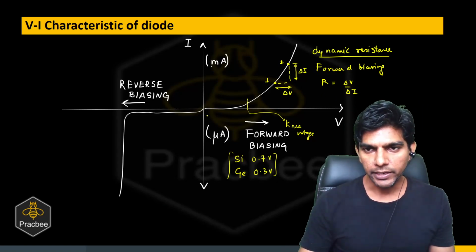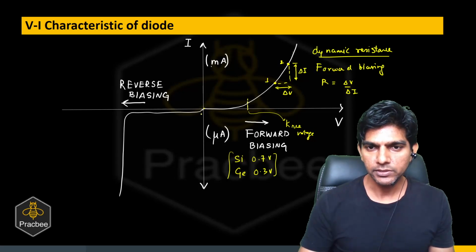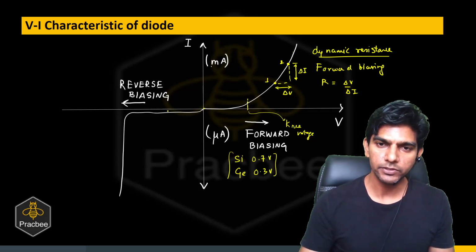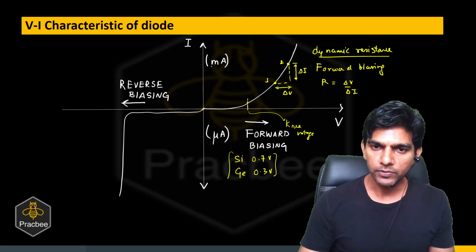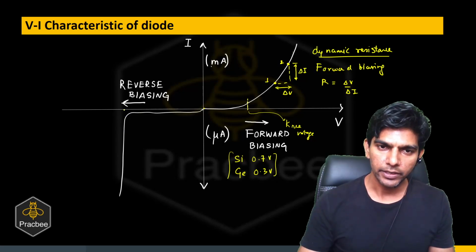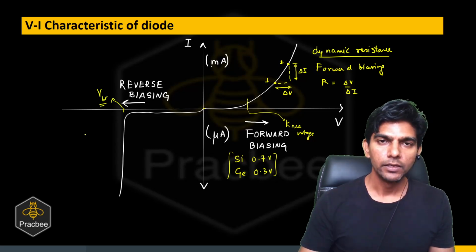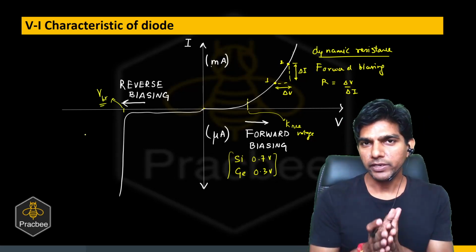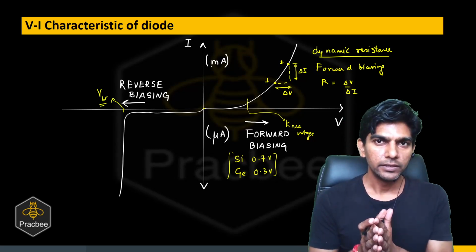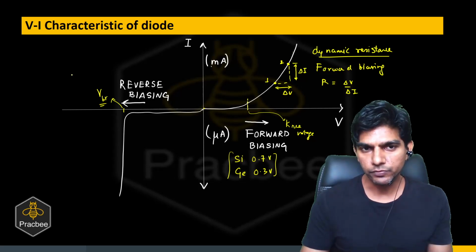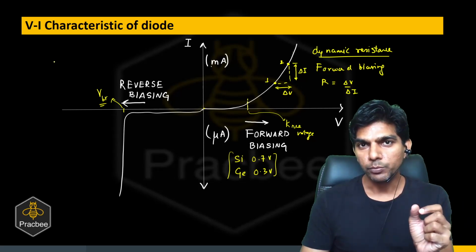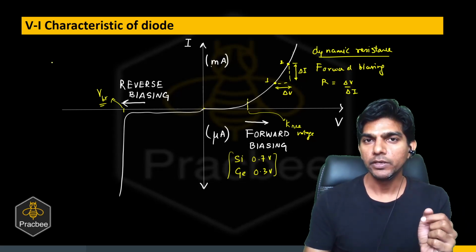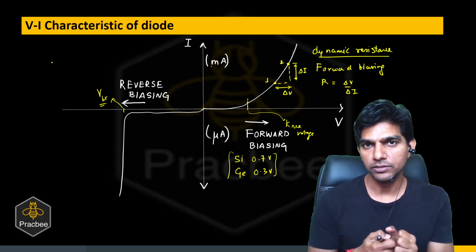If we take the ratio of delta V to delta I, we'll get the dynamic resistance in the forward biased mode. And now let us see what happens in the reverse biasing. In reverse biasing, can you see there is some constant current, and suddenly the current increases at a particular voltage. Now this voltage is known as the breakdown voltage. At the breakdown voltage, the field at the junction will be so large that the field emission starts to act. What is the field emission? The bonds will break in a large number and there will be huge amount of current at the junction.